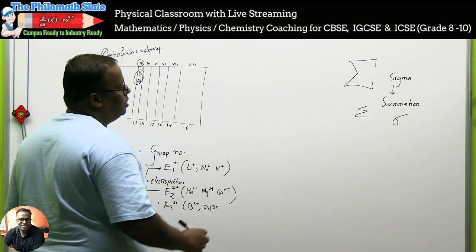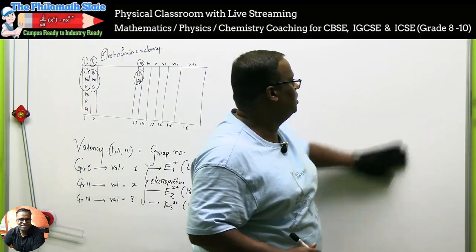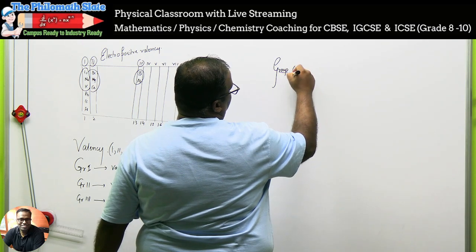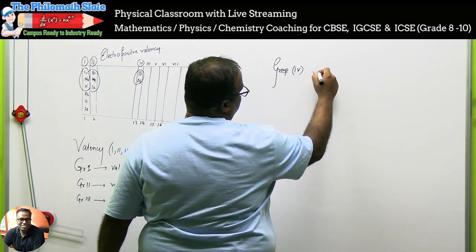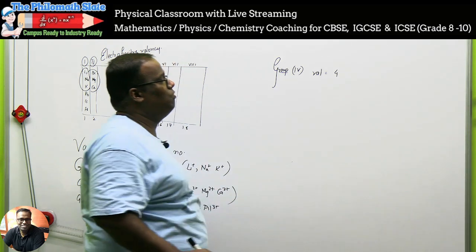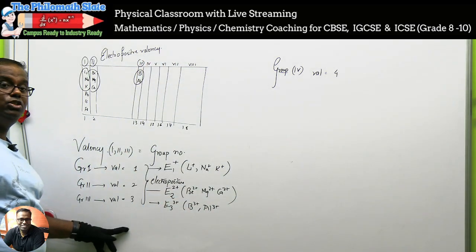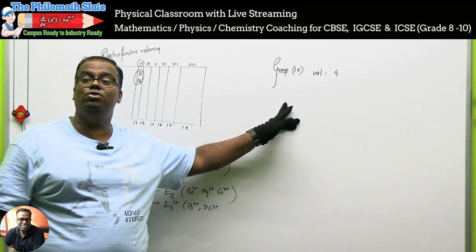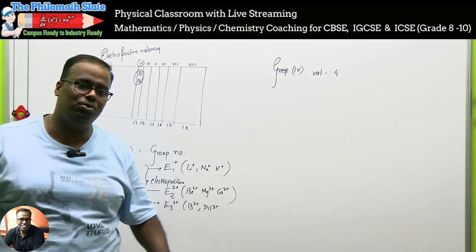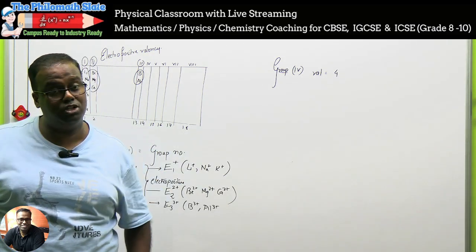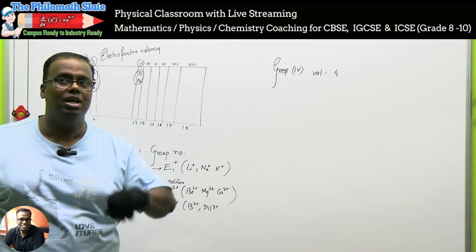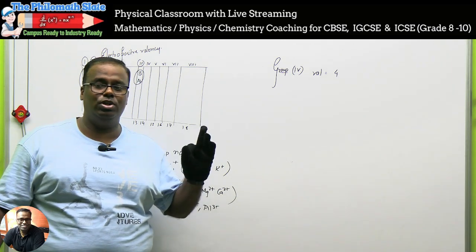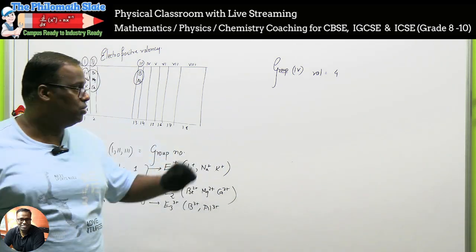Then we come to group 4. In group 4, the valency will also be 4. Sir, why did you not include it here? I did not include it here because the valency won't be electropositive. An atom cannot lose 4 electrons. The maximum you can lose is how much, beta? 3. The maximum you can gain completely is how much? 3. And the maximum you can share is 4. Please understand, in sharing, 4 is allowed.